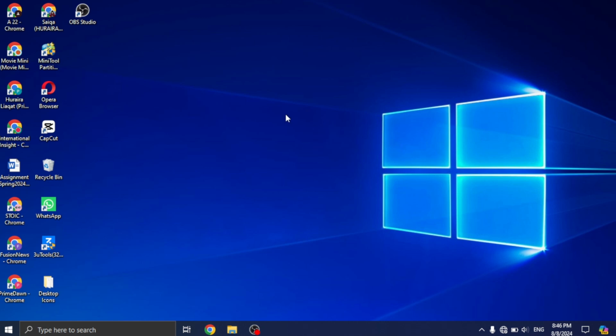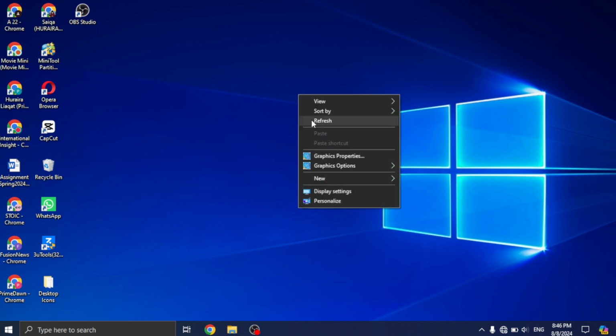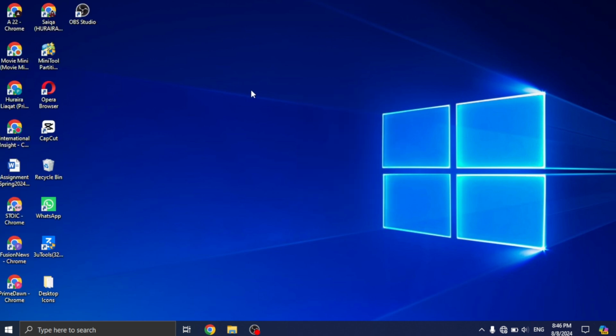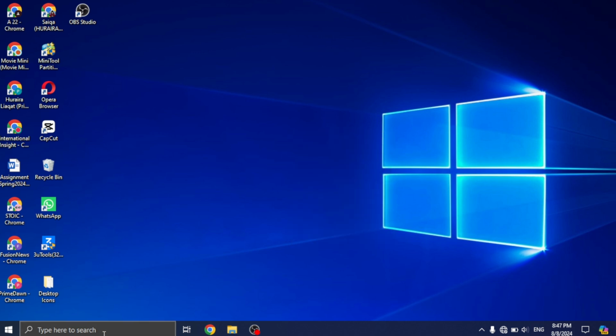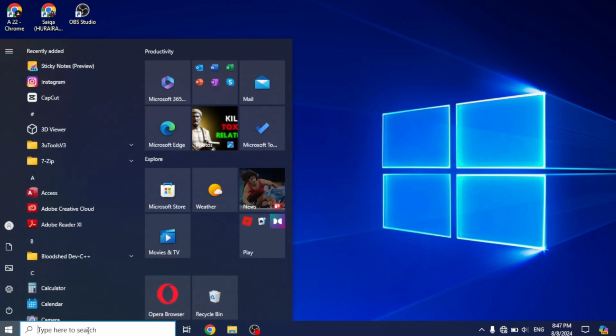In this short video I will tell you how you can easily check if your laptop or PC meets the minimum system requirements for Windows 11. That's quite simple, interesting and easy, so make sure to watch the video till the end so you don't make a single mistake. So guys, first of all you'll have to click on this start menu,